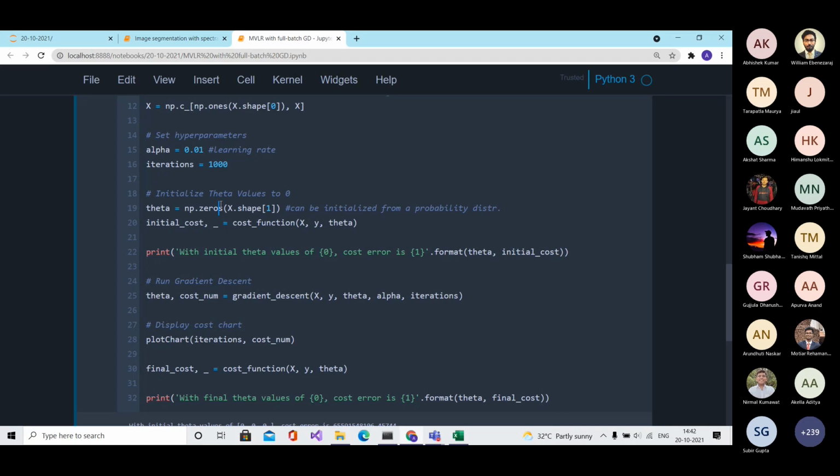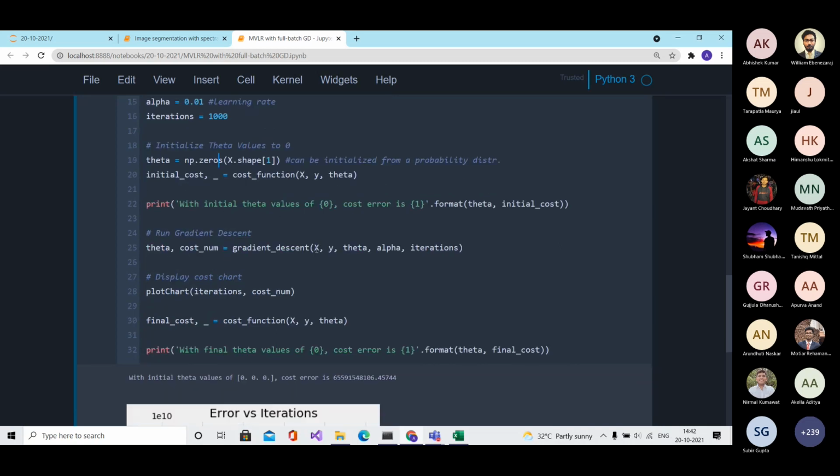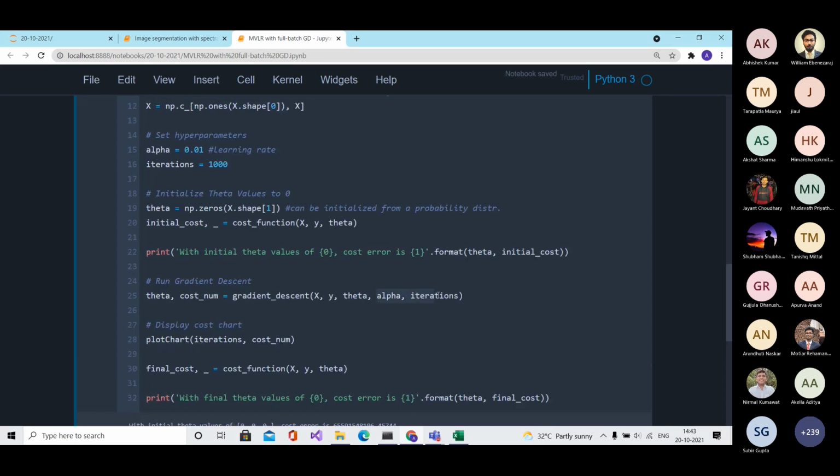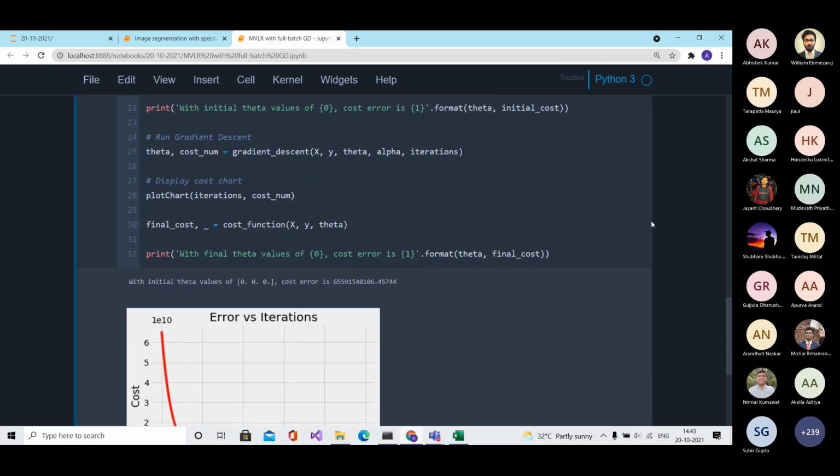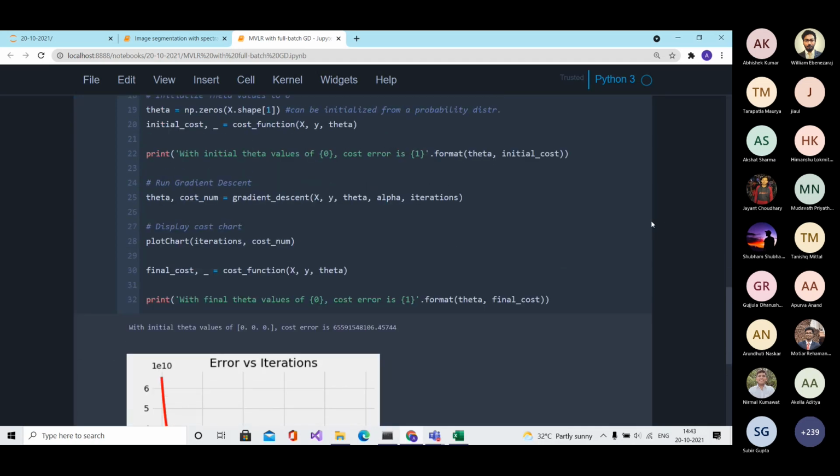And once you assign it, you just pass on the x, y, the theta, the parameter vector, and the hyperparameters, alpha, the learning rate, and the number of iterations. And now we'll see what happens to the error.